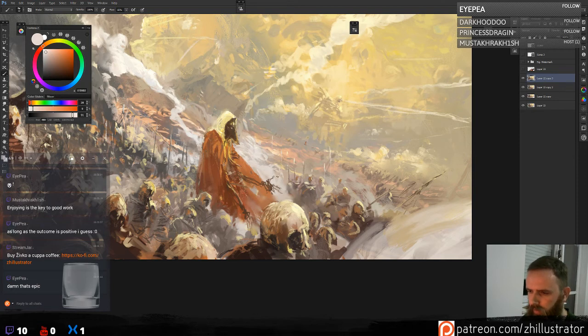Let's add some smoke here. We can use this little smoke to show what's in front, what's back also. So the smoke is in front of one of the soldiers, but it's behind some of the others. Again, using the smudge tool to soften up some of the edges. I can later introduce them manually, of course, always.